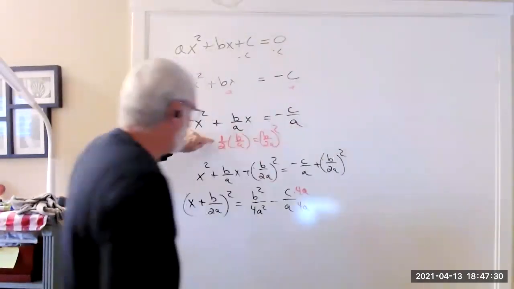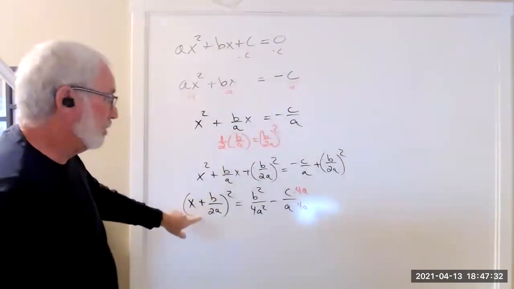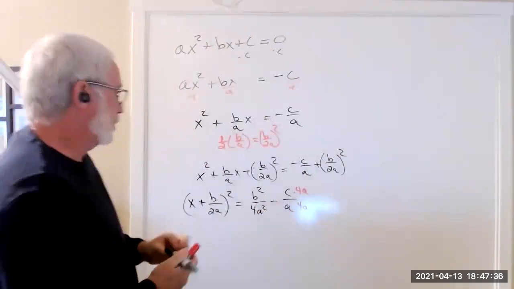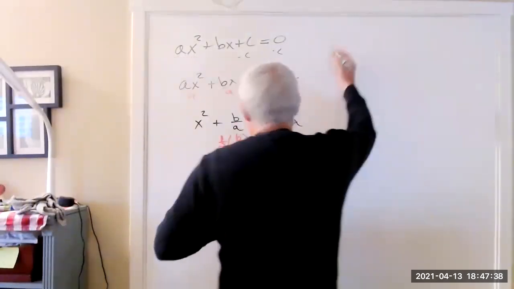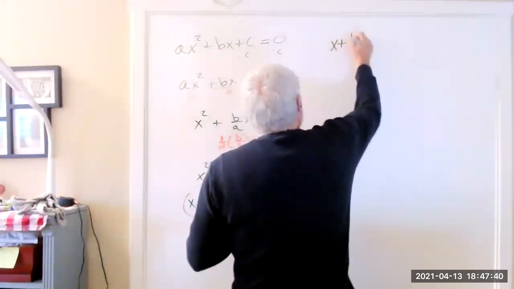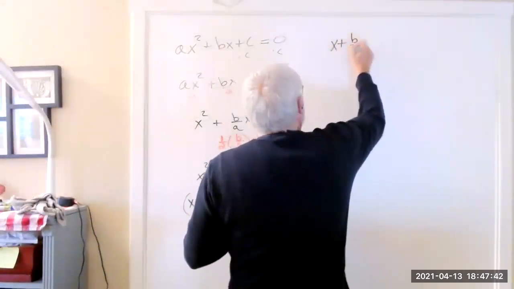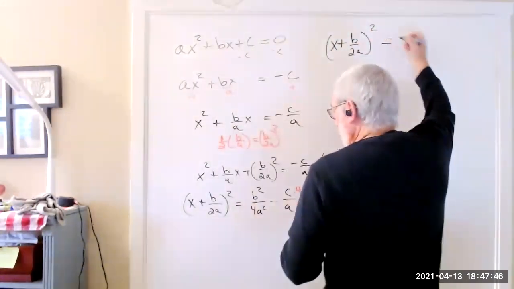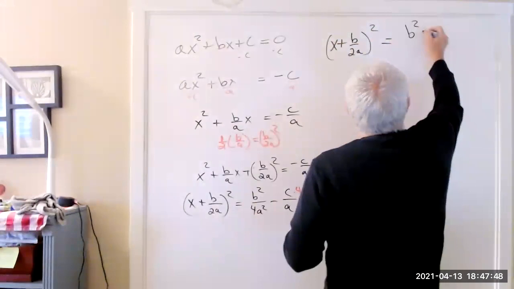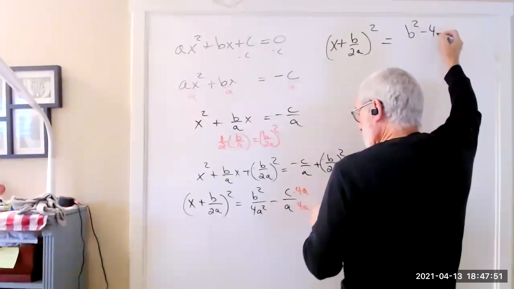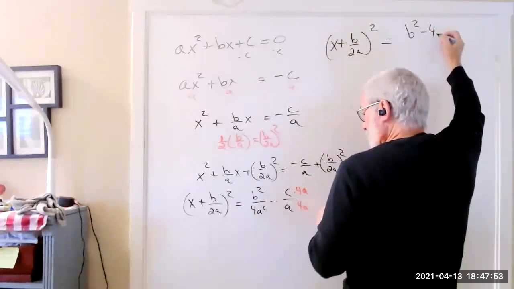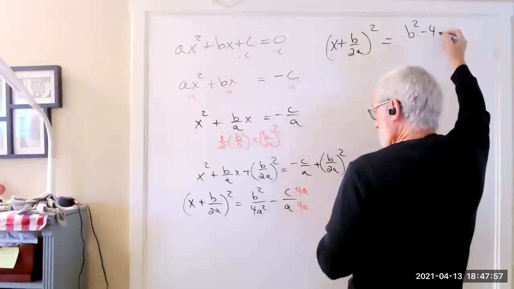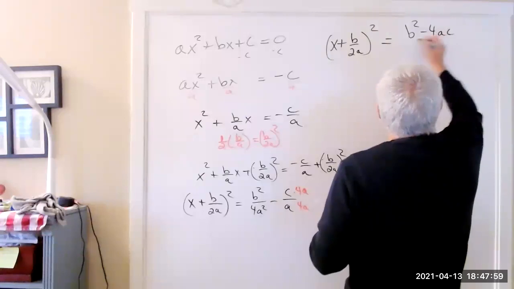So use completing the square to get that quantity squared. I'm getting a common denominator. So let's call this x plus b over 2a quantity squared equals, I'll get out of the way, this is b squared minus 4ac all over